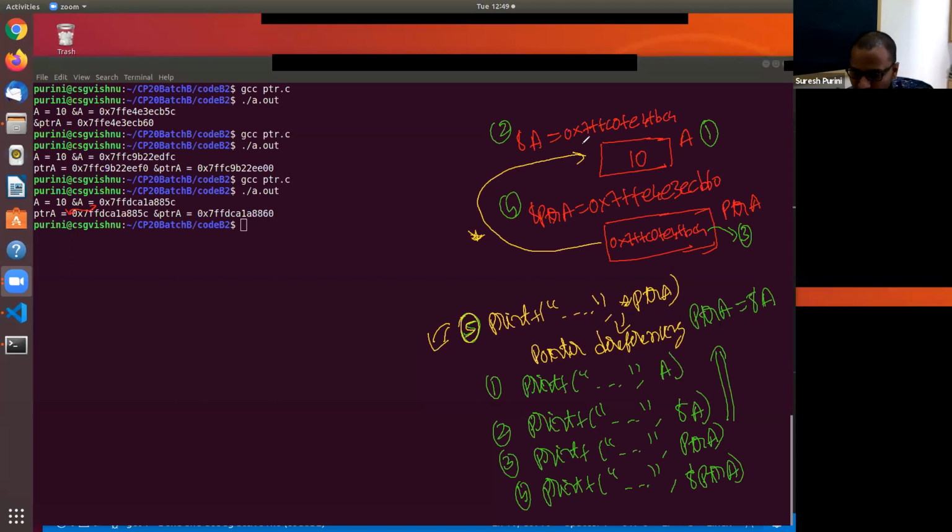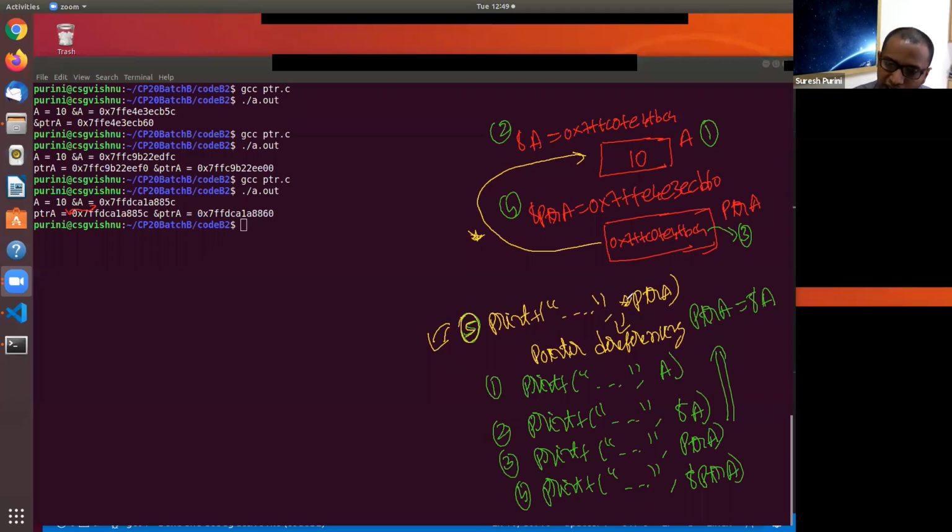Can you just follow the line of thinking, do you see what I'm trying to say here? What is there on line 1? There is a variable, and every variable has contents and it has an address. So A has contents and A has an address. PTRA has contents and PTRA has an address. And what is the content of PTRA? It is the address of A.